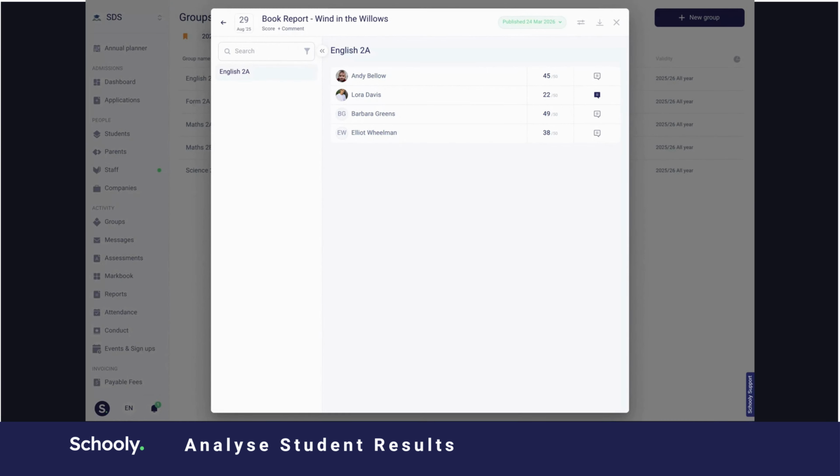Schoolie provides a range of tools to help users gain valuable insights from your assessment data. I would like to start by sharing with you some simple examples, and then we'll look at some more complex scenarios. Here I have a simple assessment recording a score out of 50 for a book report for my English